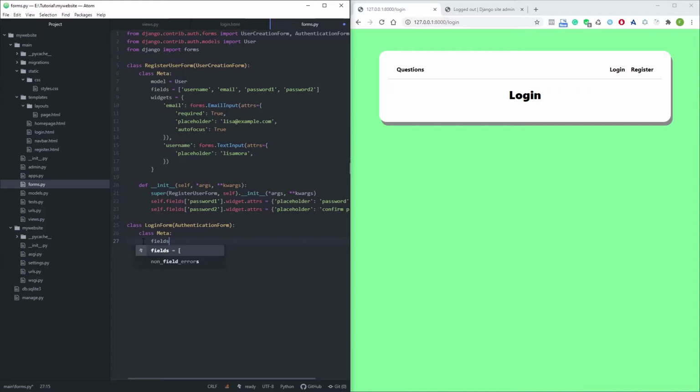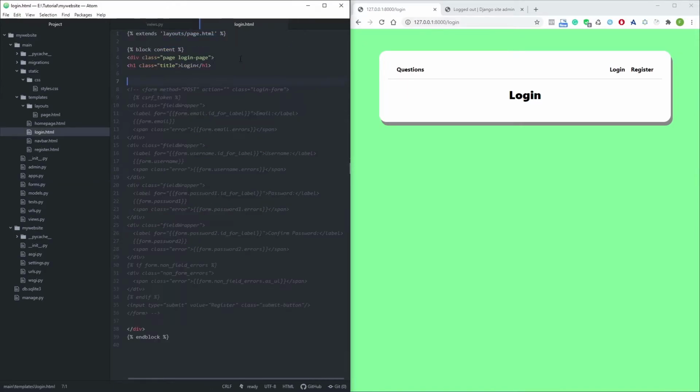Basically for the fields we are going to use all of the fields because we want to validate everything. One thing to know is the authentication form only has the username field and the password field, and that's pretty much all we have for this, and it should work just fine. So we use all here. We don't need to pass any models here because we're not saving anything, so we just pass here the fields, and with this we should be able to see now the form if we add this into